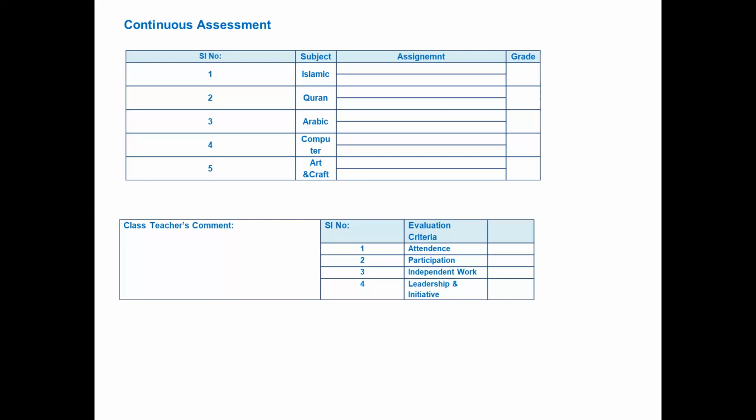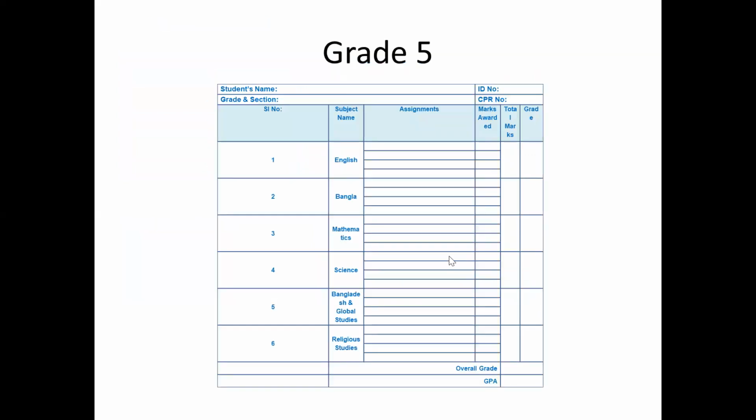And I hope you can now start filling the grading sheets and also the progress report. Now let me go to different grades' progress reports. I'm sharing here only the changes. So for the grade 5 progress report, you have this table. They do not have the total marks, percentage, and grade. What they have is the overall grade and GPA, because these classes will be focusing on the board examinations, and they also don't have the continuous assessment subjects. So this will be the difference in the grade 5 progress report.